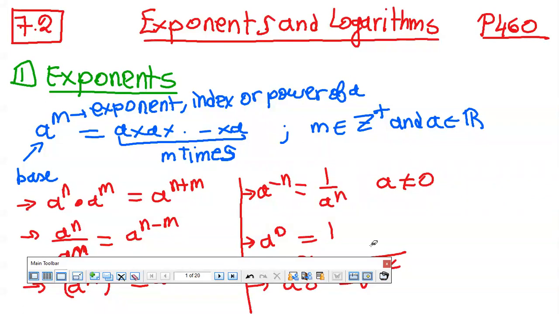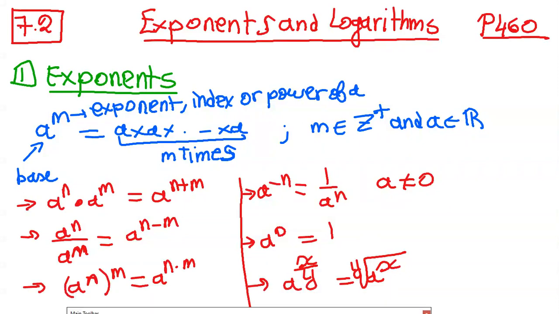So now we are in lesson 7.2. It's exponents and logarithms. The first part, the exponents, is information you already know from grade 9, but I will go over it quickly. When I say exponent, I have, for example, the form a exponent m. We call a the base, and m we call the exponent or the index or